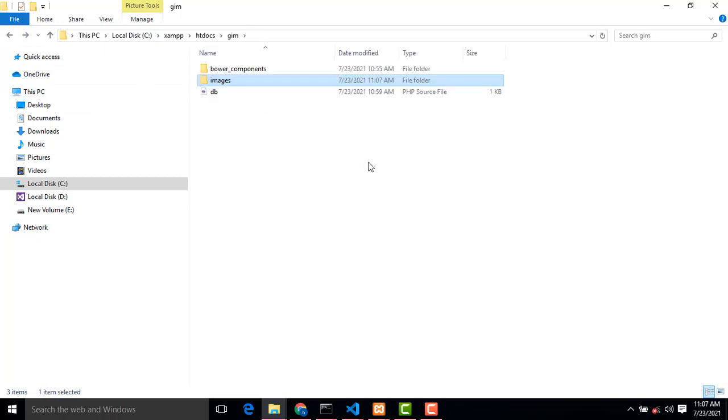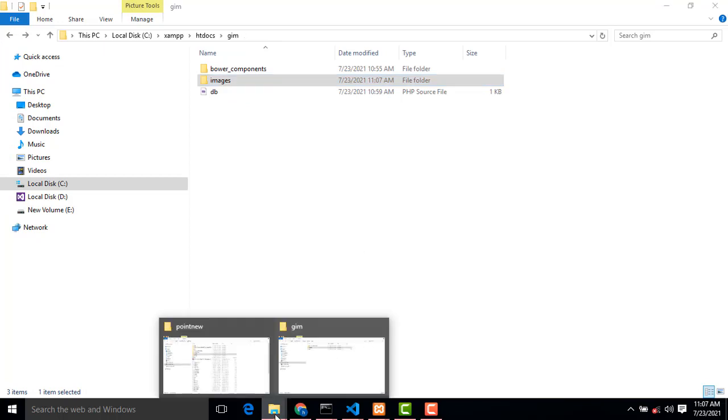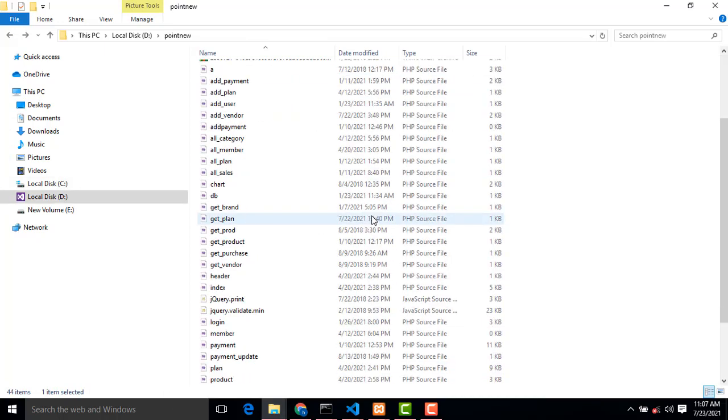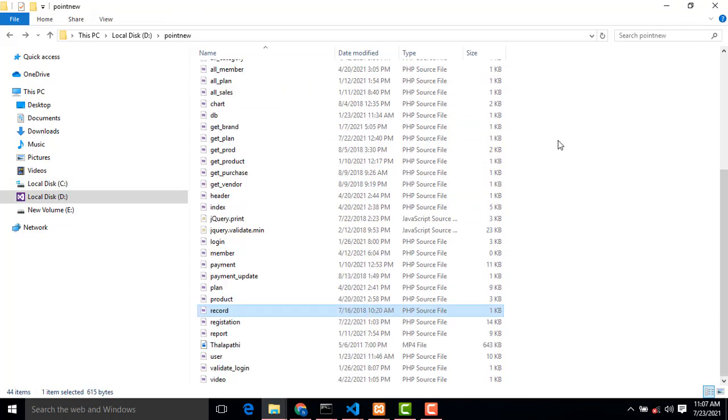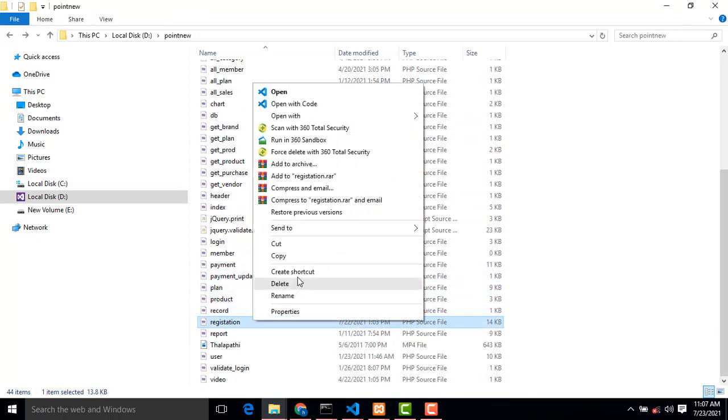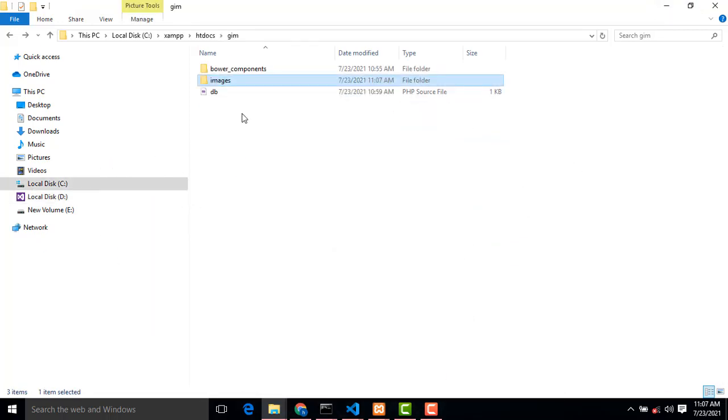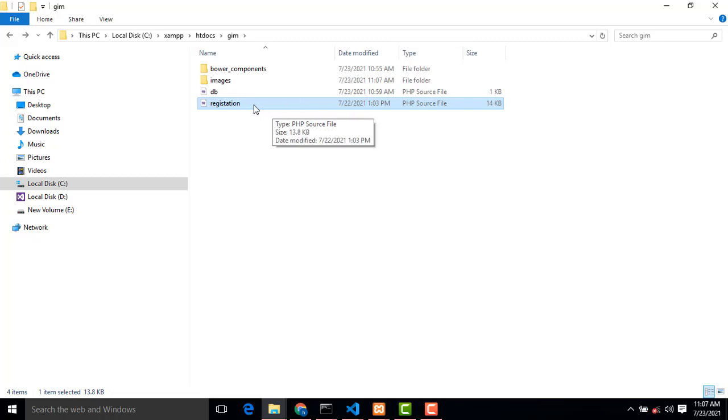Now first I am going to create the registration page. I already created the page, without typing and wasting time. It would be boring for you all to watch this, so I already created this page. All this code I will put on my website. You will be able to download and use the code in your project. Don't worry about that.